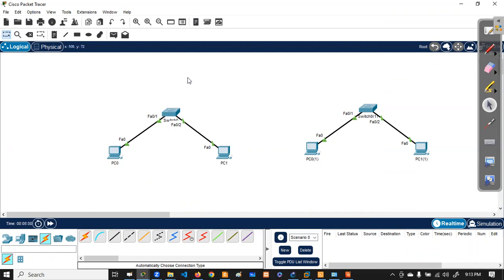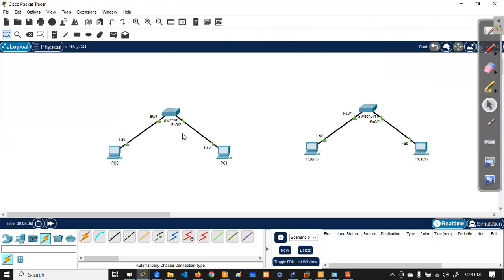If the destination is not available in the MAC table, then it will flood the message to all the ports of the switch except this one. It will not send to the port on which it received the message. It will send to all the other ports.